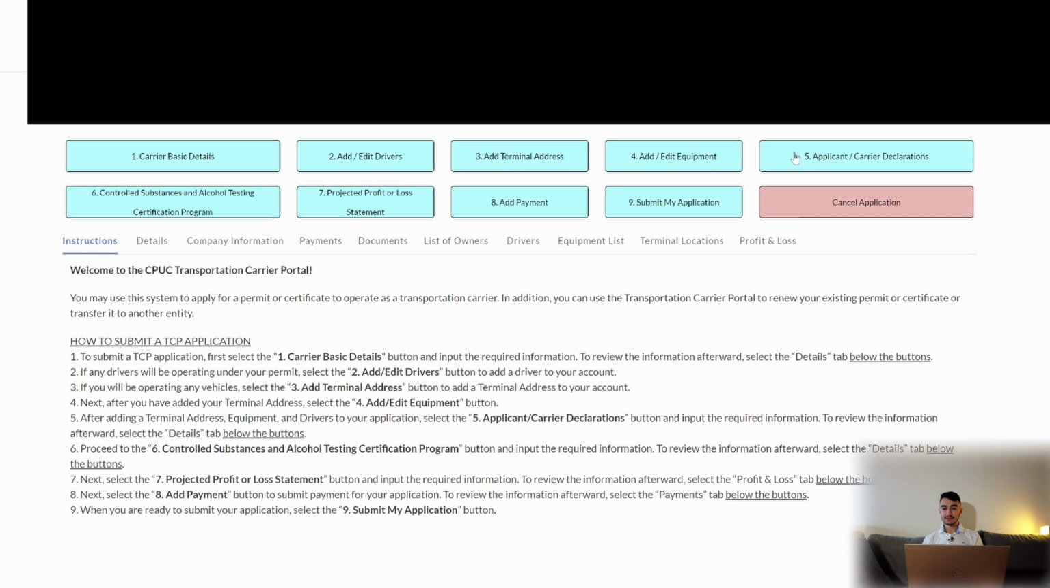And then number 5, applicant career declaration. This is basically a bunch of agreements that it shows, and you click accept, something like that. So it is very simple. Number 6 is control